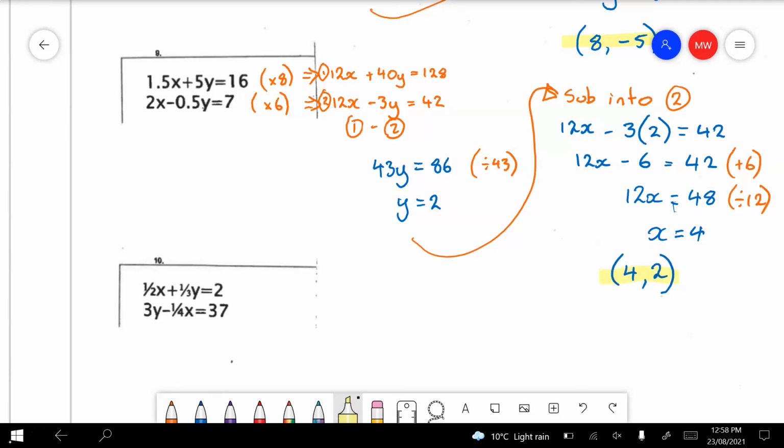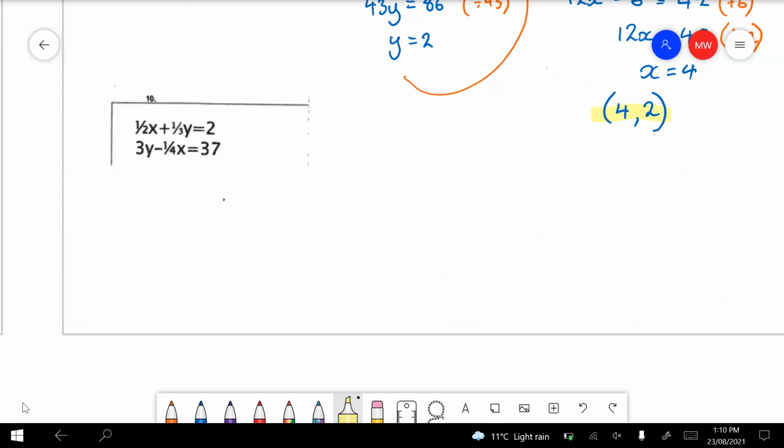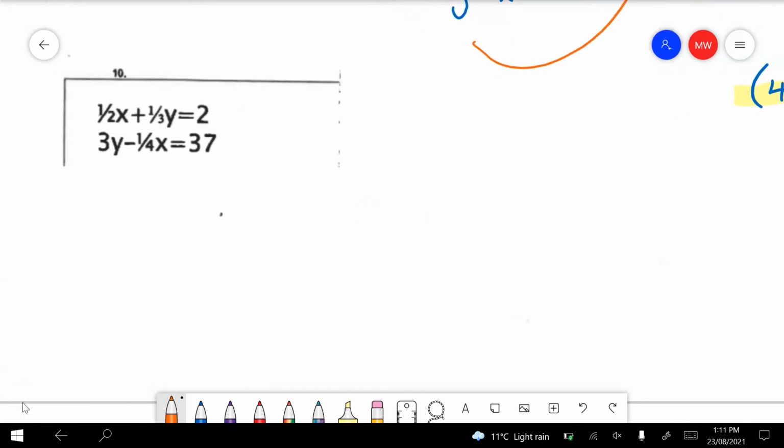Move on to question 10. Question 10's got some really ugly fractions in it, so we need to get rid of those. You can work with fractions if you want, but personally I'd try to get rid of them. So what I might do is I might multiply this equation by 6, and I might multiply this equation by 4. And so that's going to change these two equations. It's going to make the first one read 3x plus 2y equals 12, and it's going to make the second equation read